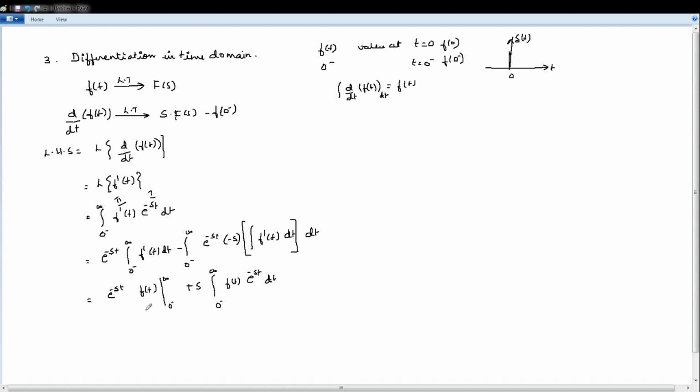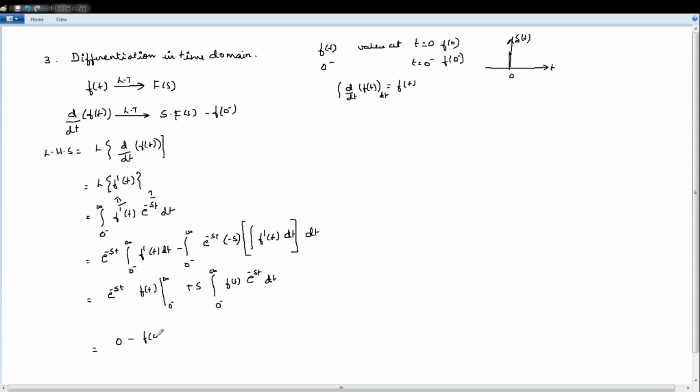Right? Now, if I apply the limits here, remember this limit is on t. I need to apply the upper limit first. So infinity, if I apply e power minus infinity, it will be 0. Don't worry about f of infinity, because one function is 0, and 0 into something is 0. So I'll be getting 0 minus, if I put 0, e power 0 is 1,